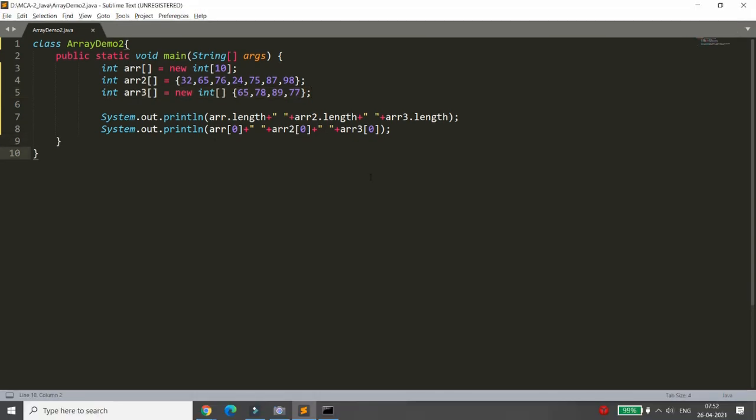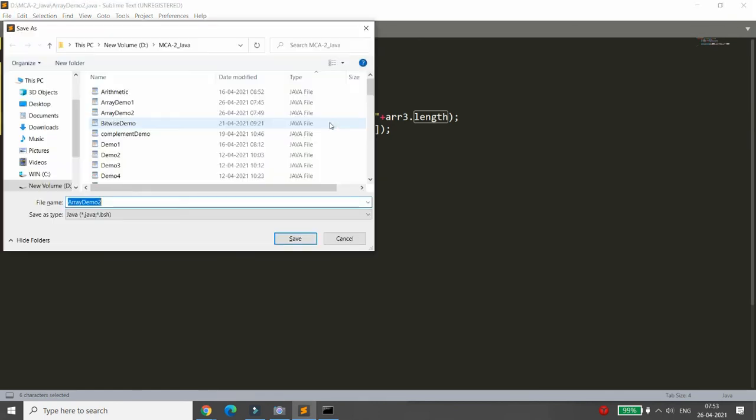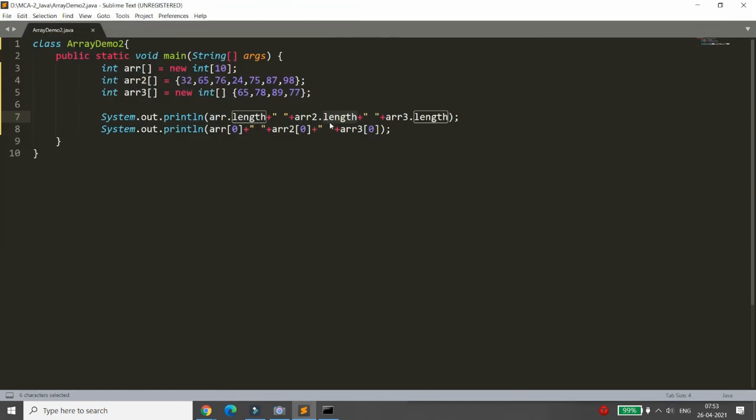But there is a difference between the length function and the length property. This length is the property of an array, but if you want to access the length of a string, for example, then there is a length function available. So this is a little bit different. Let me save this program and demonstrate the same. Let me save this program as ArrayDemo3.java.